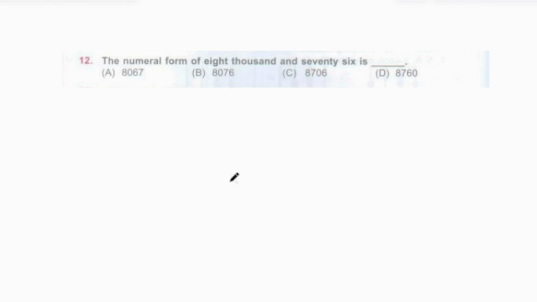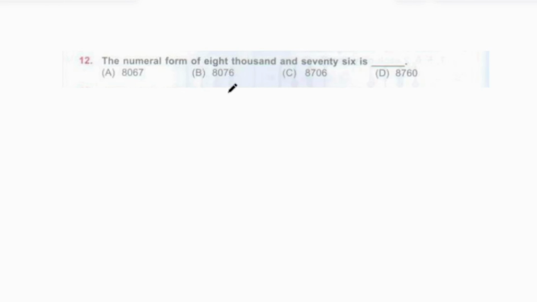Quickly, let's go to question number 12. If you see question number 12, it says the numerical form of 8076 is dash. Options are 8067, 8076, 87006 and